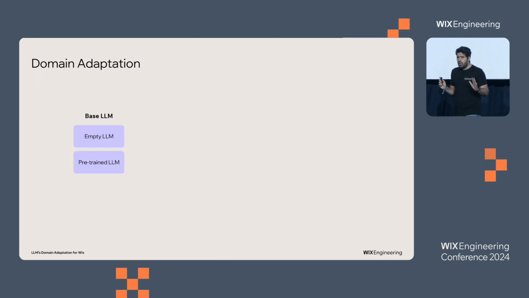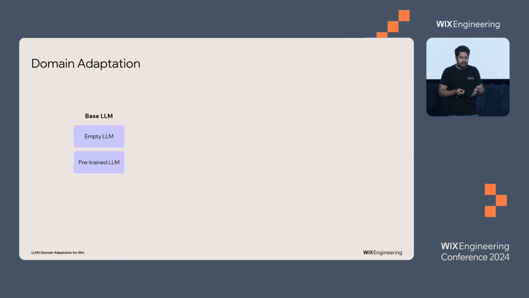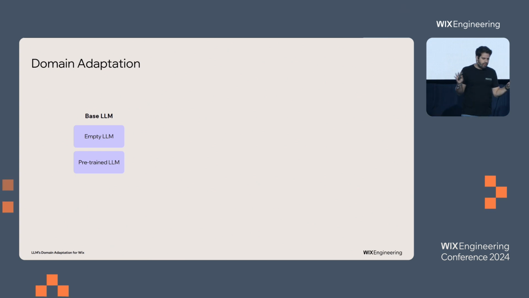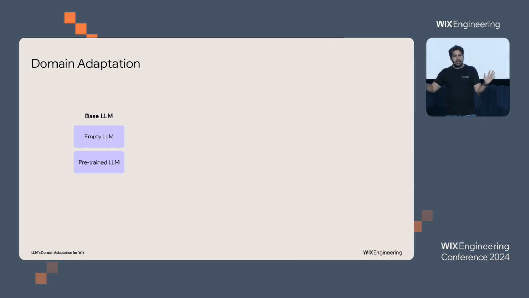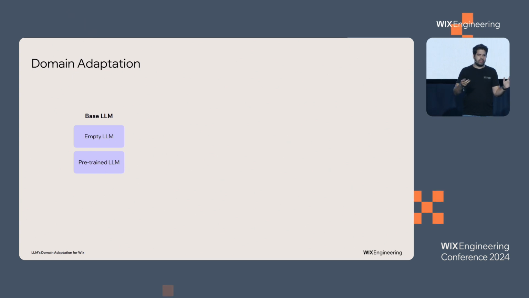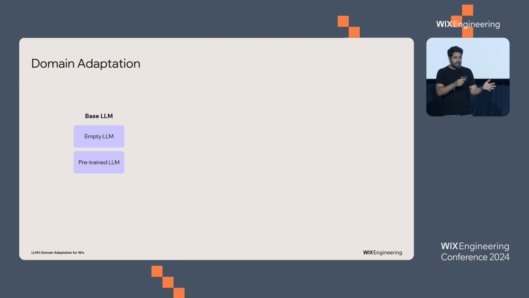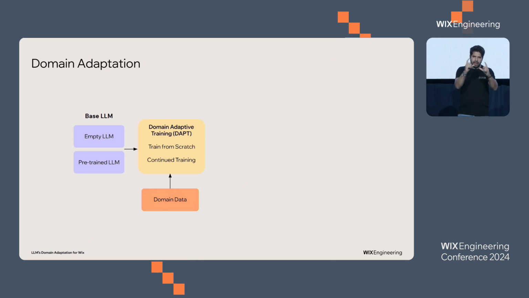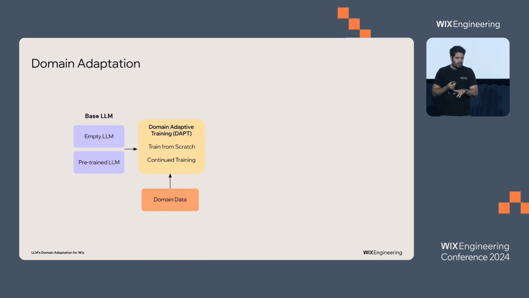Cool. So how do we actually customize an LLM by applying domain adaptation? First of all, you need to start with a base LLM. It can be a stripped-off, empty LLM that is not trained at all, or a pre-trained LLM, some LLM that was already aligned for chat, for example, that already knows about the world, that was trained by someone. Then we can take this base LLM and apply a step called domain adaptation training,